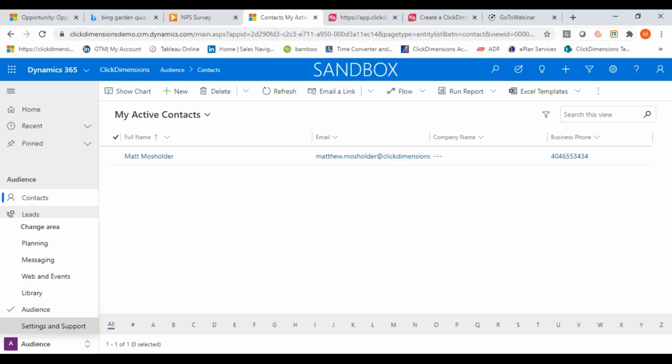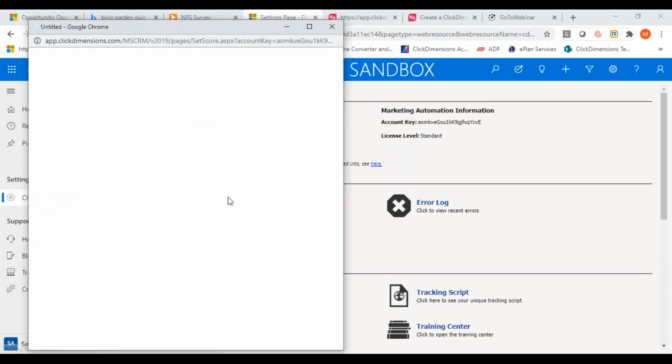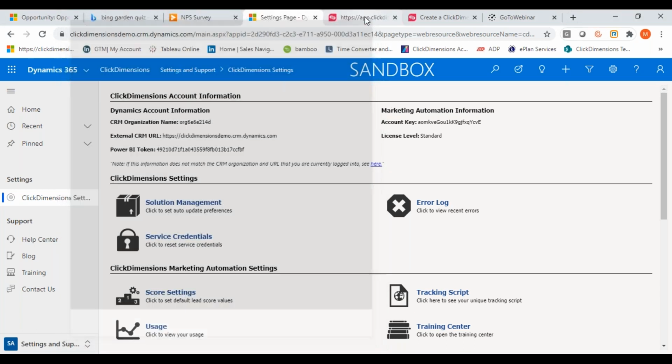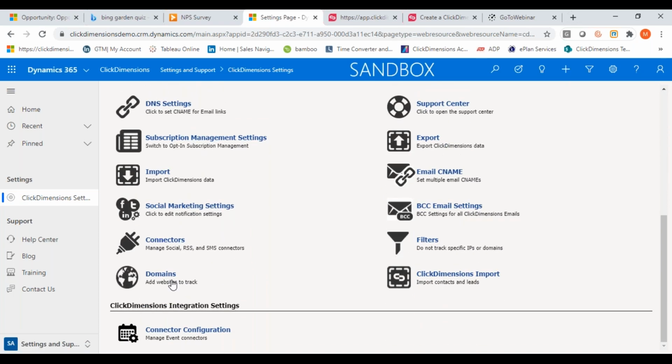Then lastly, under the settings and support tab, this is where we would come to set up our lead score. So if we did want to customize what our values were for these different actions these people are taking with our content, we can edit those values under the score settings. This is where we can grab the tracking script. We can access our training center from back here. If you did have a support issue, then we can open a ticket through the support center. This is also where we're going to set up any of our connectors and our event connectors down here. But really,